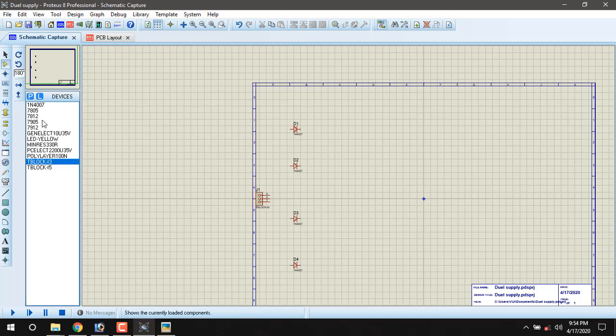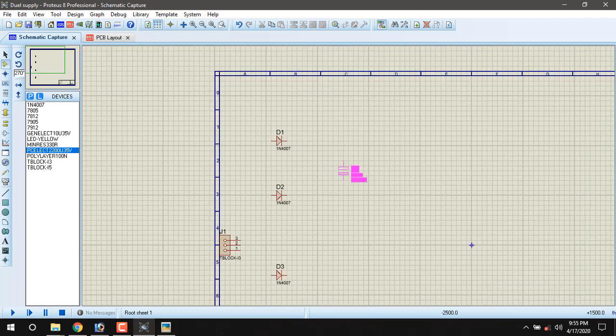Then the next element is capacitor, 2200 microfarad capacitors. So we need to rotate again. The minus sign should be bottom. Two numbers of 2200 microfarad capacitors.